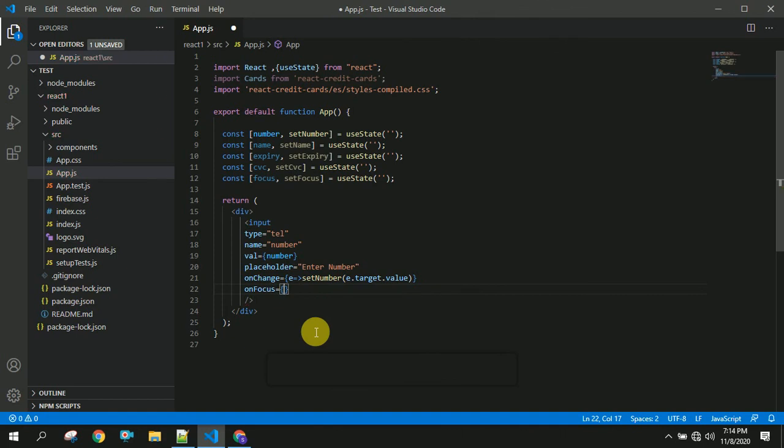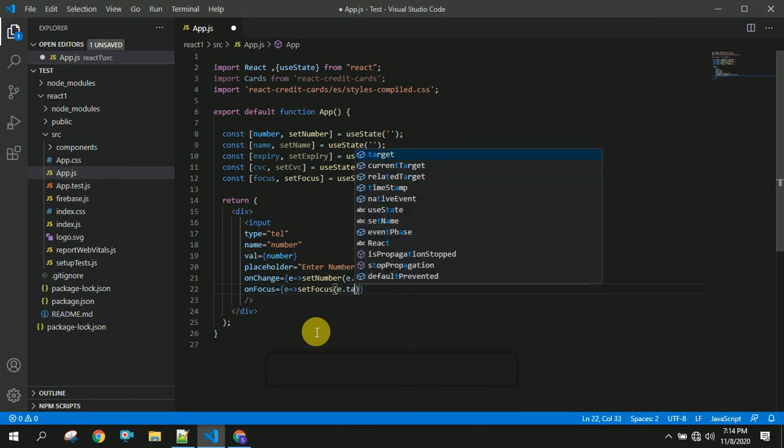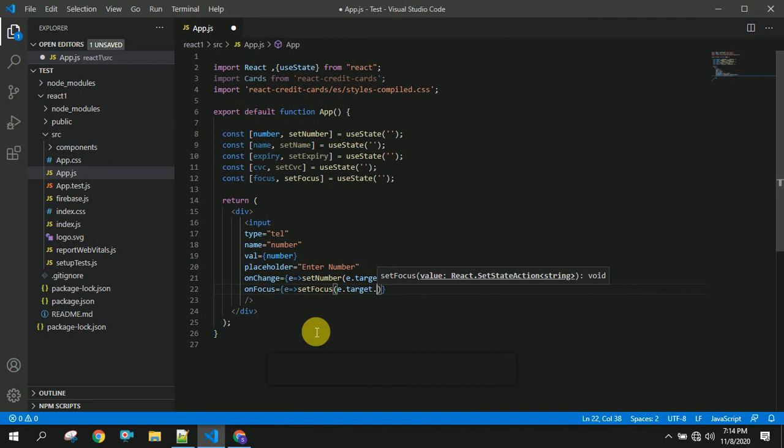This is another property, onFocus. For this we are going to send the name which we have created here. So based on that it will be focusing on that particular card.